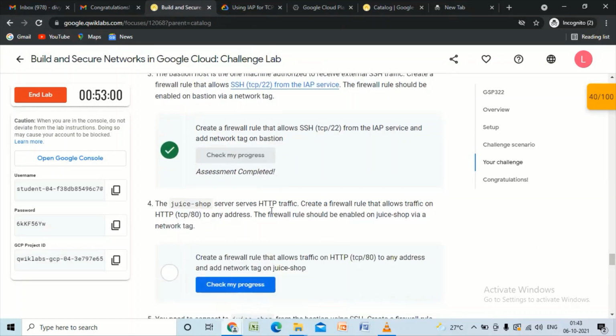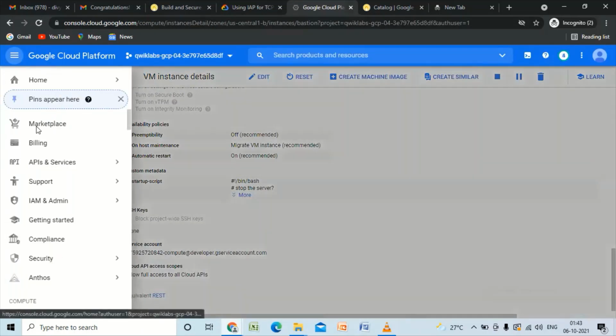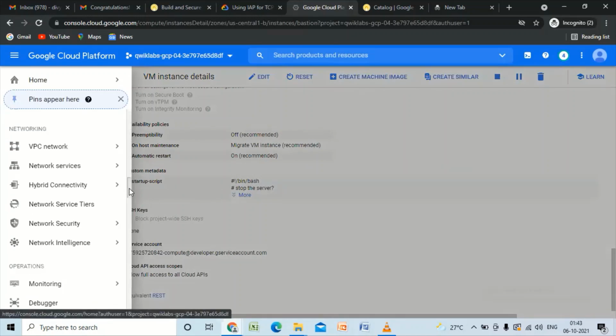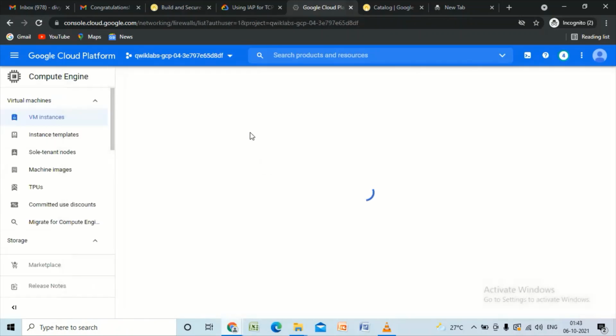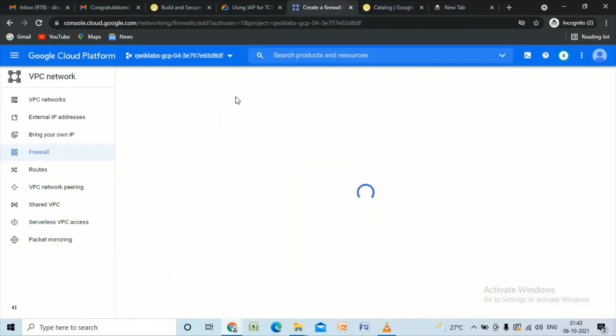So now task 4. We have to repeat what we did in task 3, but the only difference is that the firewall rule should now be enabled on Juice Shop via network tag to any address. So we'll again go to VPC networks, Firewall, Create firewall rule.